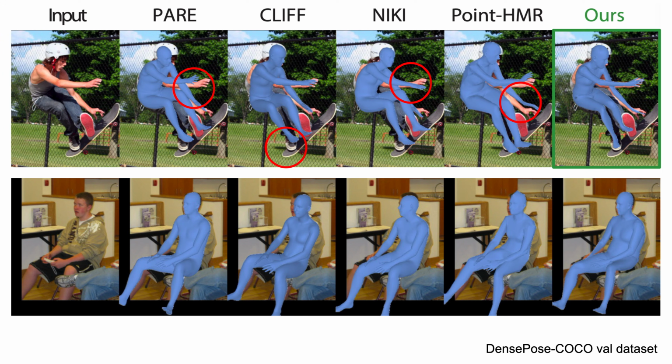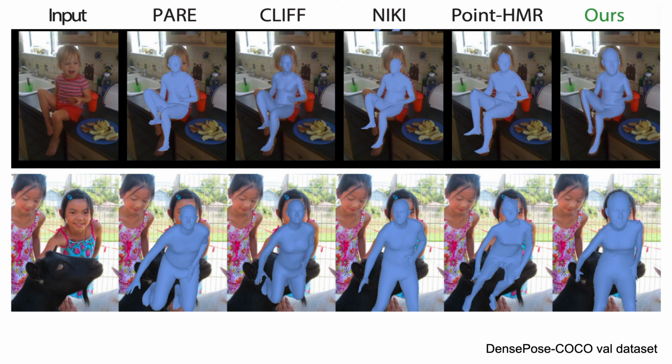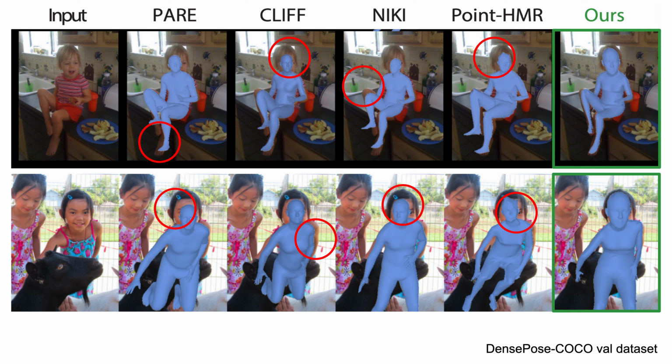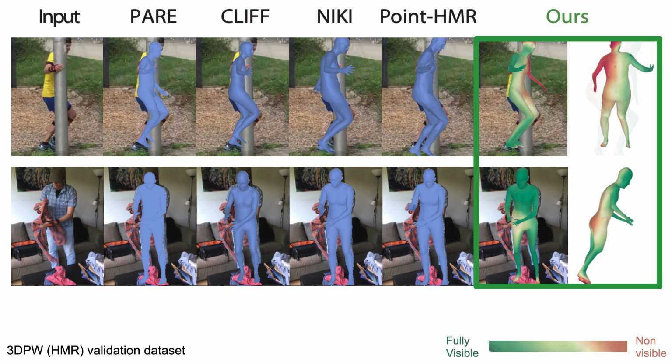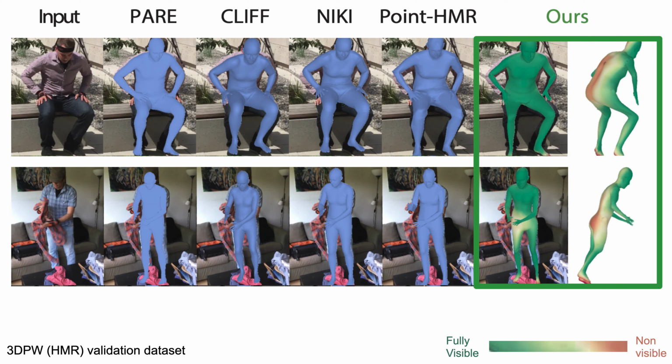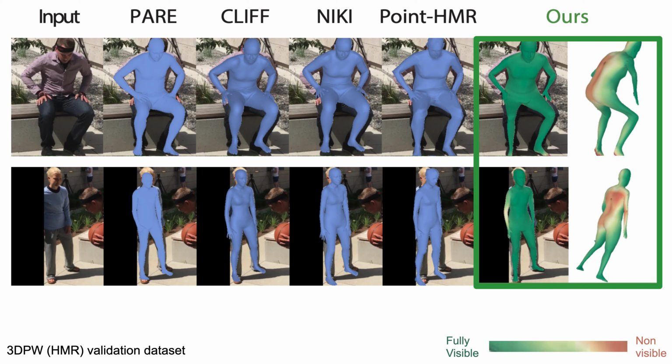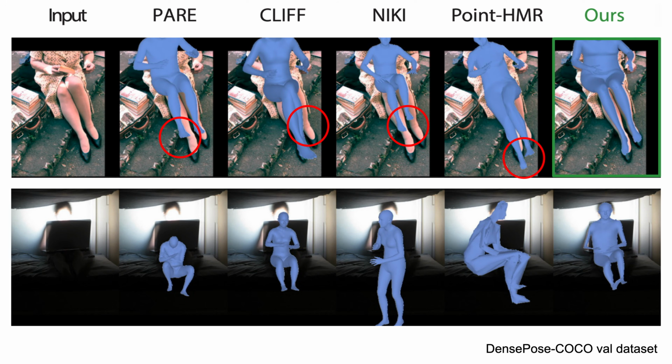Qualitatively, the pose of the mesh is consistently more aligned to the silhouette of the person. Furthermore, it captures the shape of the person more faithfully to recover different body shapes, including children. A key property of the design of our system is that it can assign a visibility score to every vertex. This visibility score, combined with the rest of the regression branch output, enables us to handle cases with occlusion and